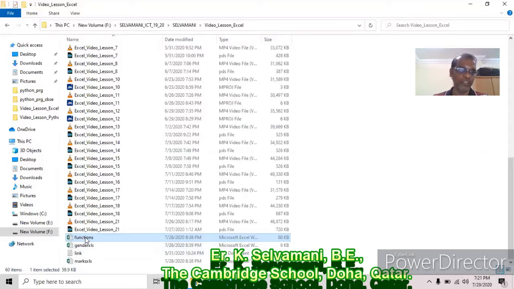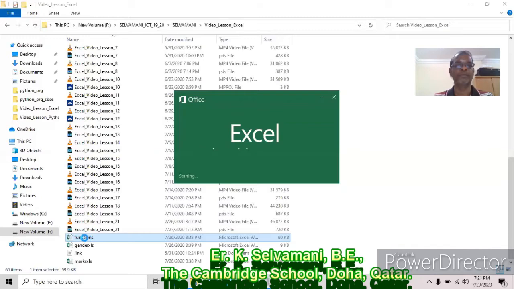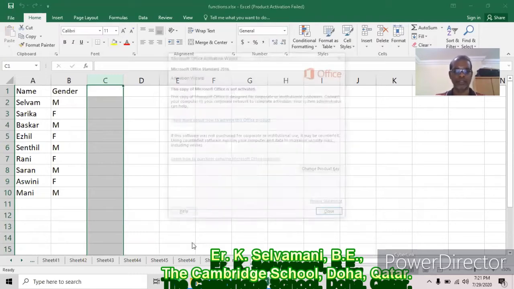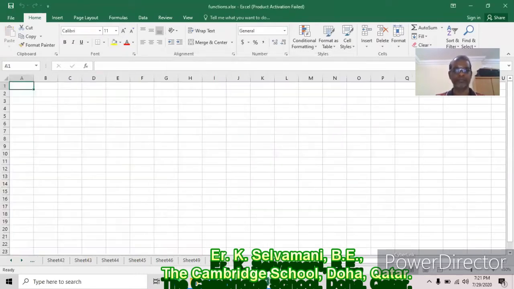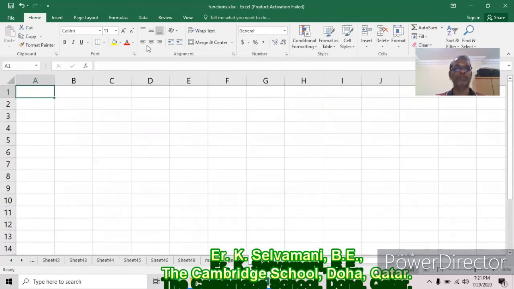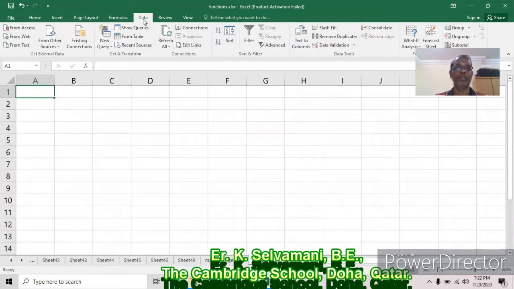Now we will go to another topic. Now I would like to teach you the Data menu. In the Data menu, we are going to study Sort first. Already you know very well, sort means putting a list in alphabetically ascending order as well as descending order. Similarly, we can sort numerically in ascending order as well as descending order. Just assume here we have one list of students.